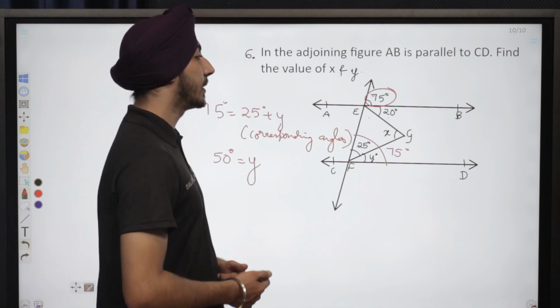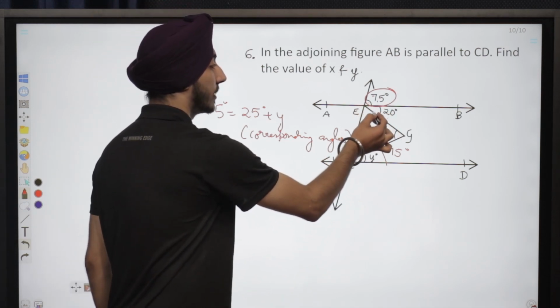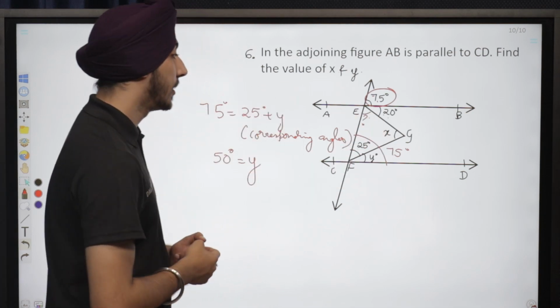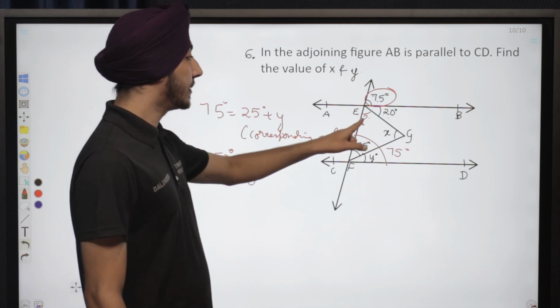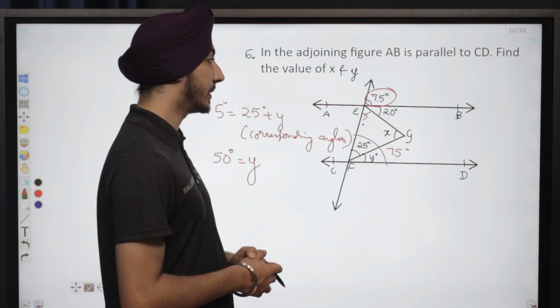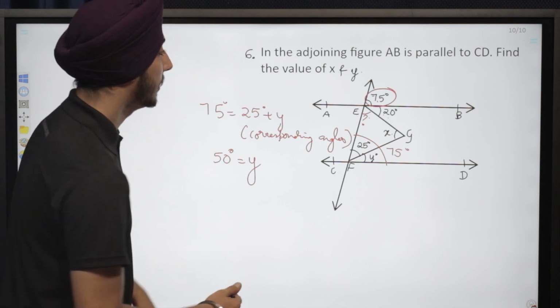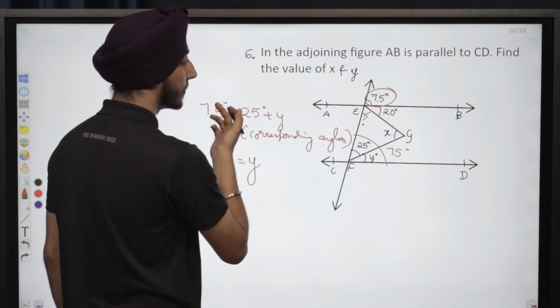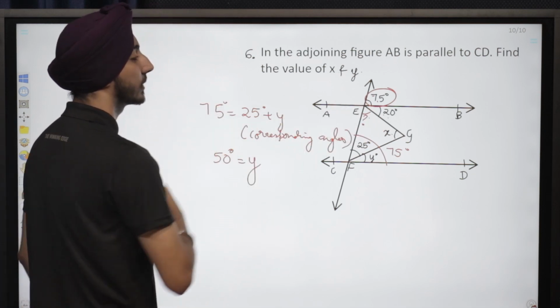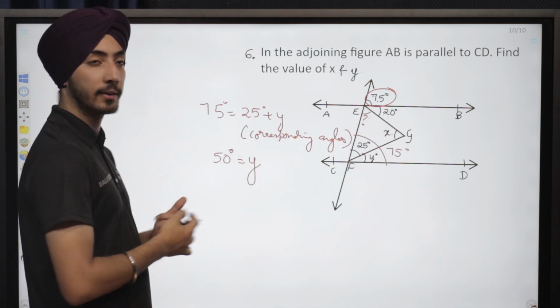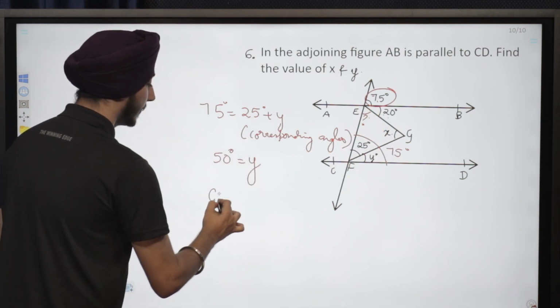Very simply we can find the value of x. See, this is 75, this is 20, and this is a question mark angle. We don't know the value of this angle. But if we get to know the value of this angle, then this angle plus 25 degrees plus x will give us 180 degrees. Right? So let's take it as, what can we take it as? Let's take it as GEF, the name of the angle. So angle GEF